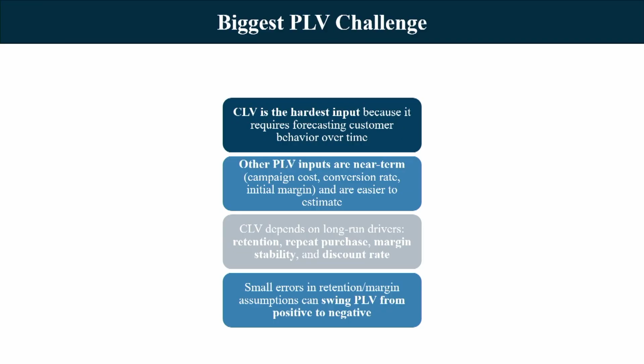R square value, that is, how much of the variation of the dependent variable is explained by the set of independent variables, is always lesser when it comes to the human context. It is not like an E equal to MC square equation. It is like we are determining behavioral intention by attitude or subjective norms, right. So, that is why it is extremely difficult, and this challenge is further complicated when it comes to